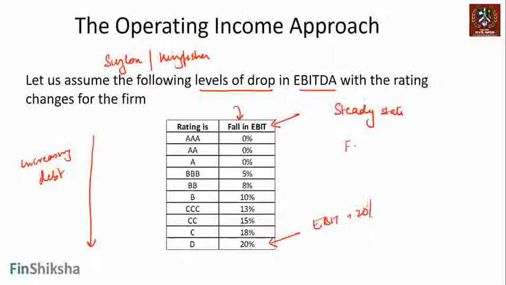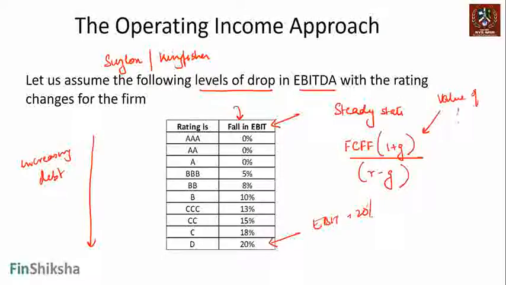But in steady state, the firm's value will be free cash flow to firm into 1 plus the growth rate divided by R minus G. That's the total value of the firm, right? And free cash flow to firm, we will have to arrive at an assumption for that. We will also have to arrive at an assumption